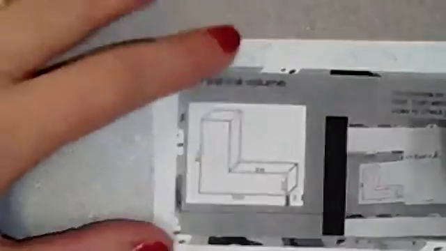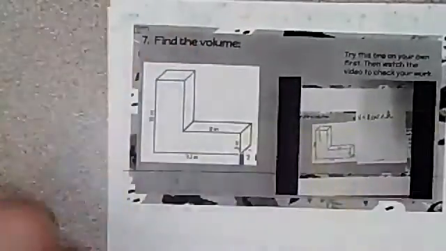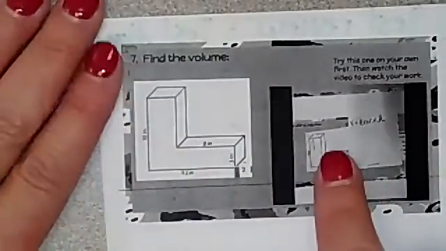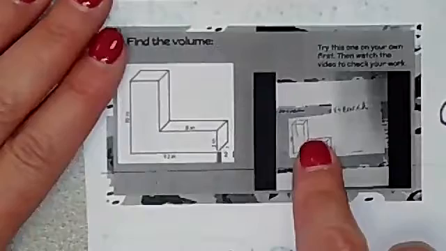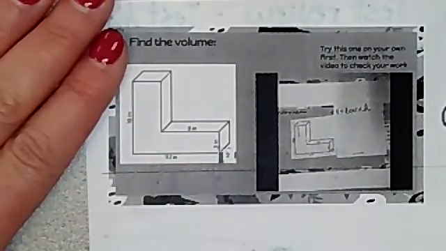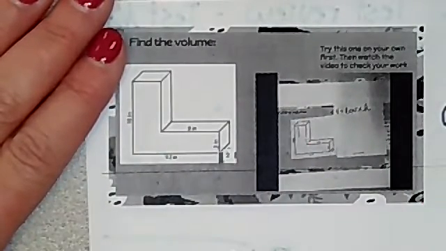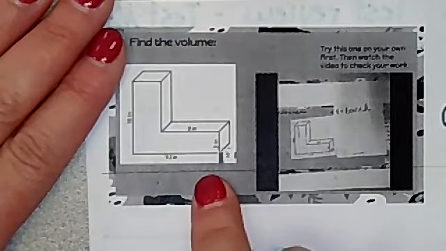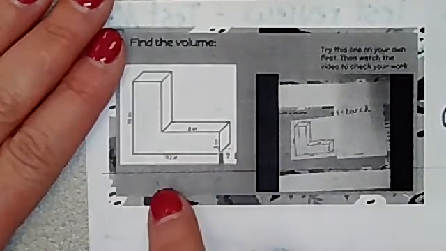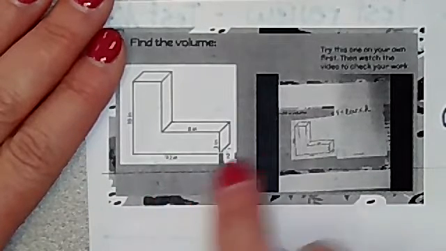All right, now we got to go back to this one. I want you to go back to 7 and we're going to talk about it. All right, where is 7? Oh, there it is. Now, if you are doing this from home, there is a video online. You just have to click on the little picture that will walk you through it, okay? So we're looking at this one right here. And what we have to do, guys, is divide this thing into 2